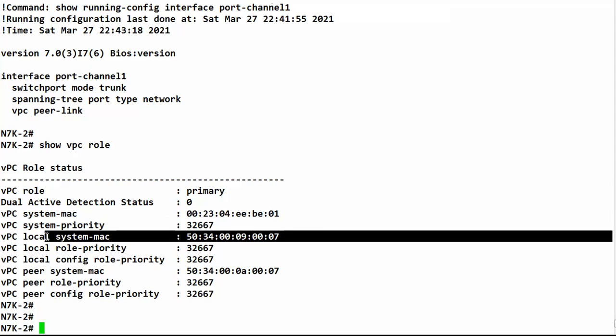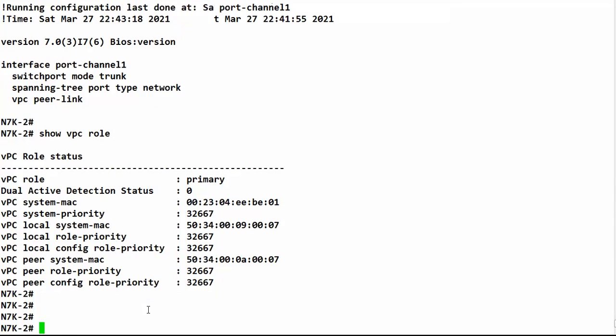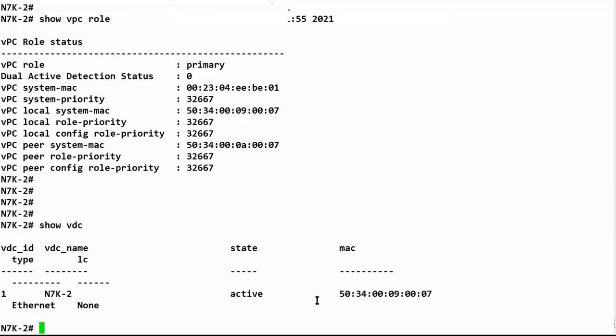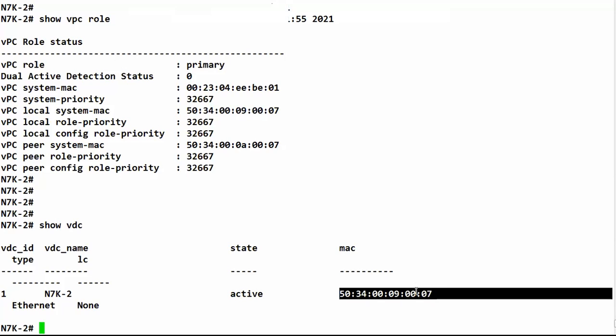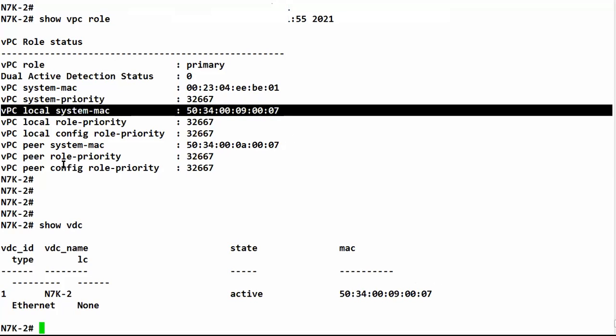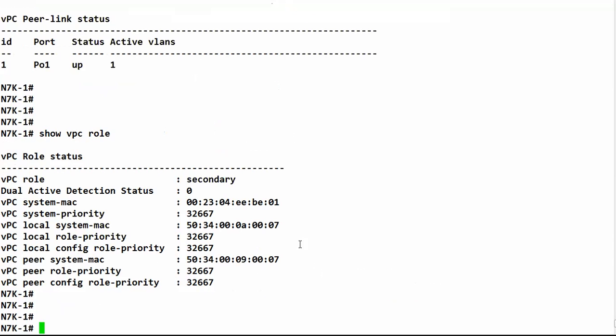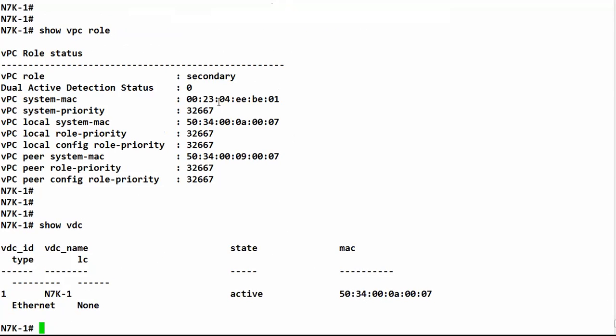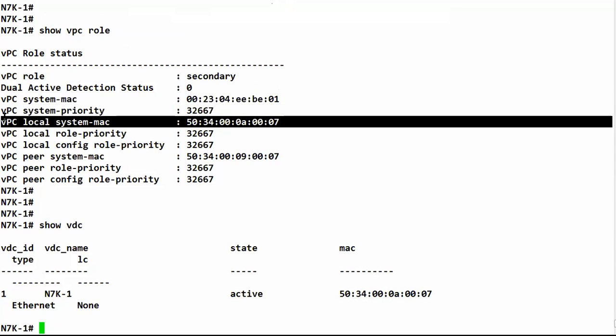And this local system MAC is derived from the VDC, because if I do a show VDC here, you can see here 5304009, and this is the VPC local system MAC. So this VPC local system MAC is derived from the VDC. If I check on N7K1 also, and do a show VDC, you can see here 503400A. So the local system MAC is derived from the